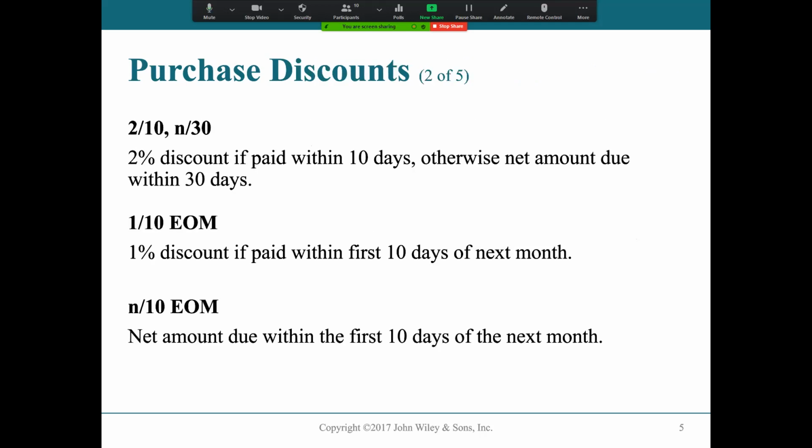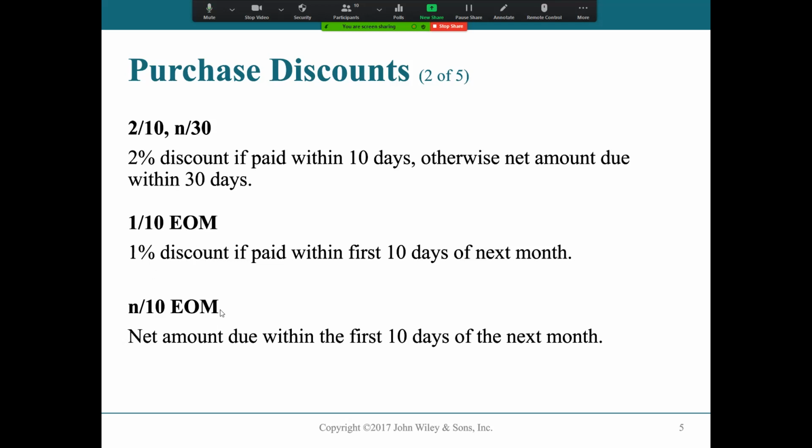All right, so purchase discounts. Oftentimes suppliers will offer a discount to the purchaser if they pay their account in a timely manner. This is just to encourage cash flow, right? To get people to pay faster. So you have to learn this notation, which you've probably already seen if you've started into the homework